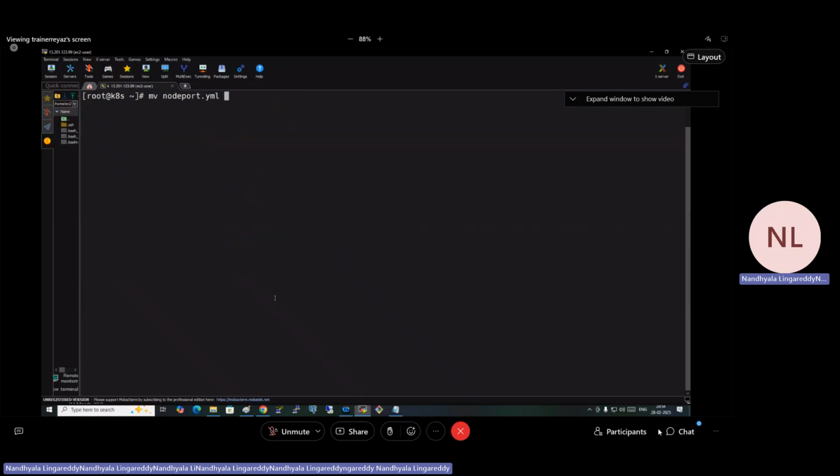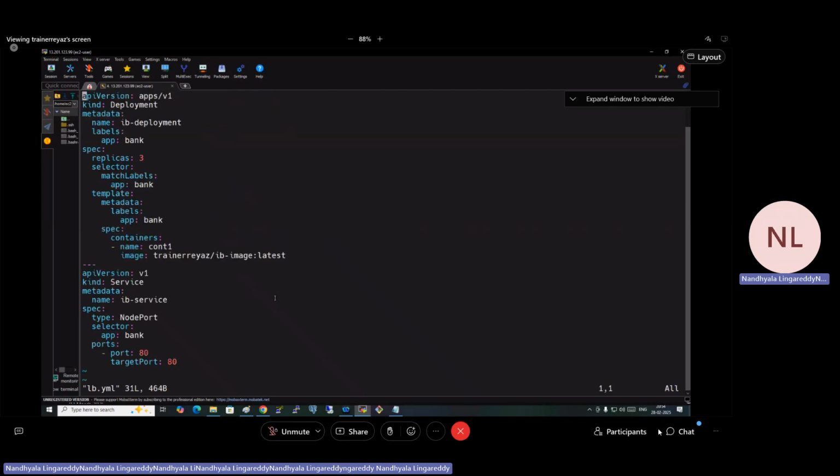So we'll move that node port file to lb.yml. Here, what is the change that we need to do? Type to LoadBalancer, L capital letter, B capital.